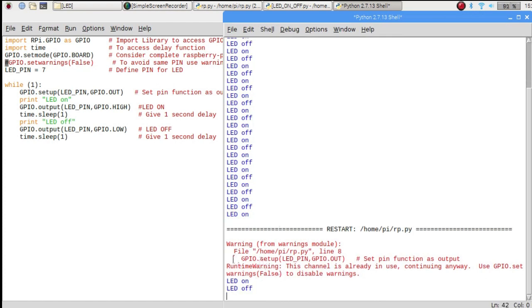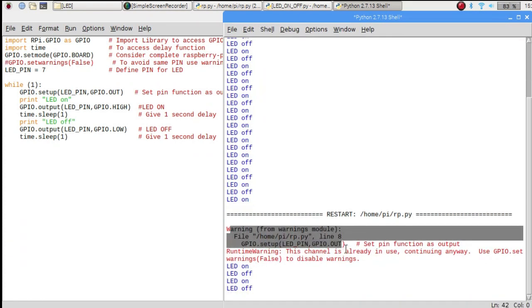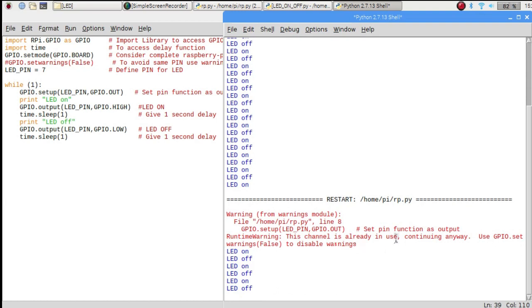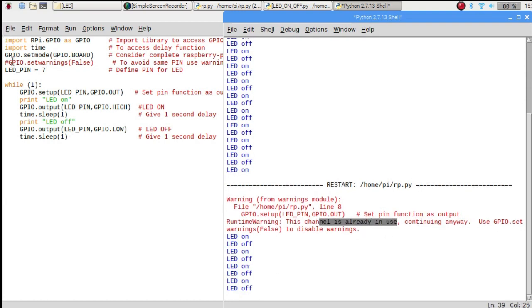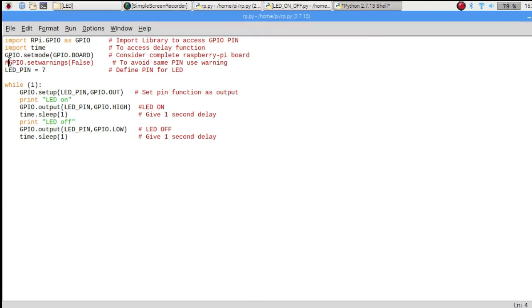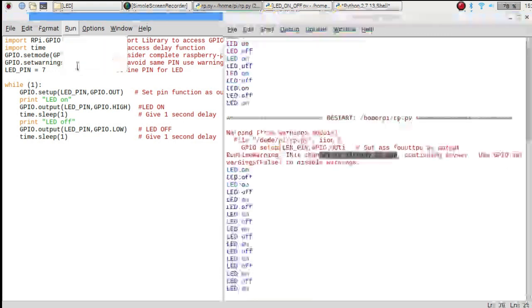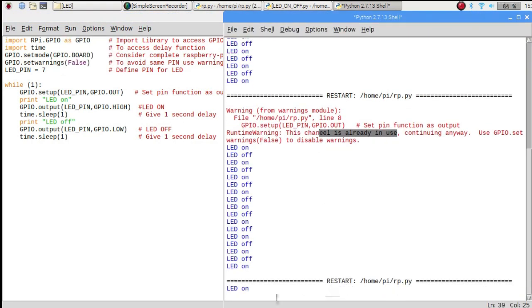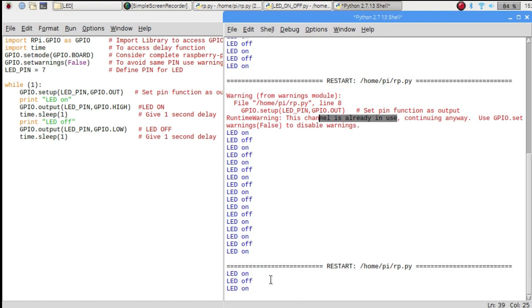Now you will observe there is a warning from Raspberry Pi: this channel is already in use. So if you want to remove that warning, you can uncomment it, save your program again and go to Run and Run Module. After that, you will not observe any warning.